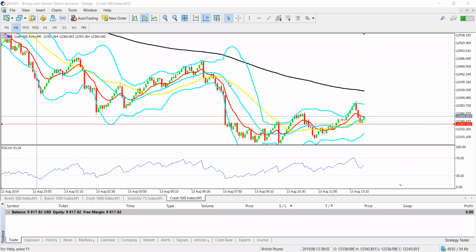And then another way to sell crash, I told you, you use the strategy that I've been teaching for long, and that is using your support and resistance. When price is trending sideways, it's almost always easy to trade, because it will go down and then it will come up. So you'll have a lot of support and resistance